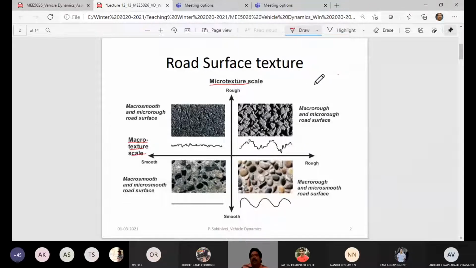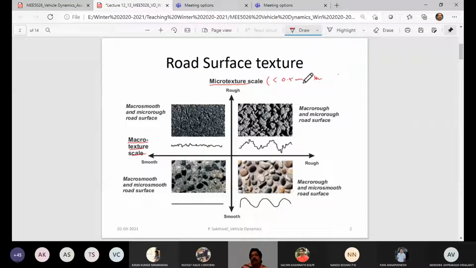Like if I have one peak in the road surface and another peak in the road surface and so on, what is this distance from the first peak to the next peak? It is called the pitch or the wavelength, right? And based on that it is described. So if the texture of the road is called micro texture, it should be essentially less than 0.5 mm, not even 1 mm.